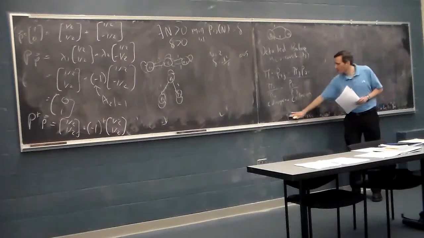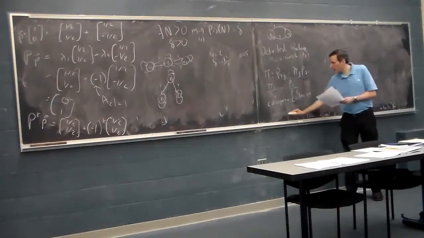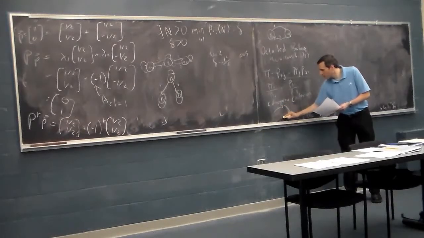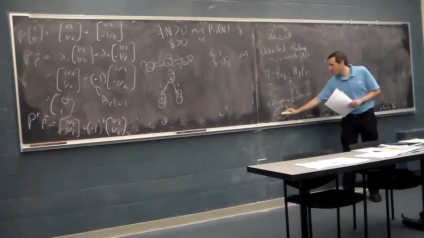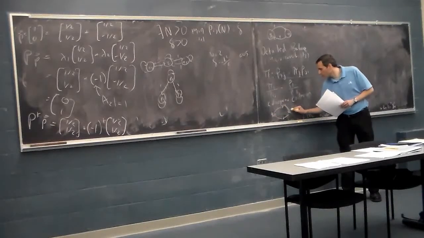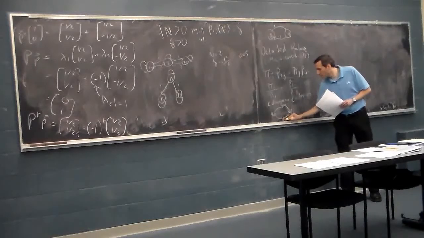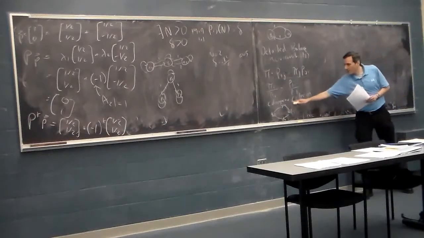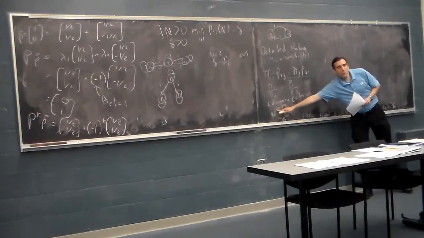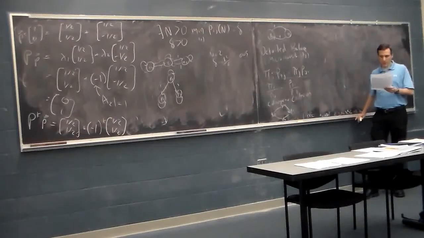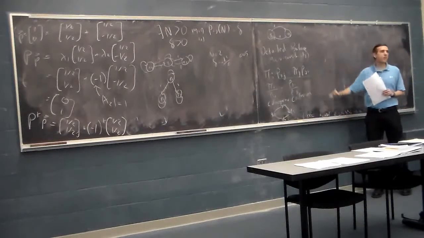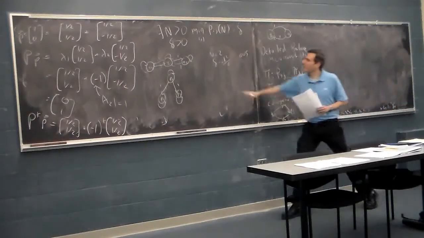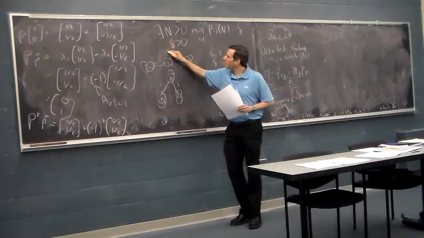And the Kolmogorov criterion simply says that if we take any cycle in the graph, so let's say some sequence of directed transitions that start in some state Q1, Q2, Q3, and so forth, up to some Qk, and then back to Q1. The Kolmogorov criterion says if for any cycle, the product of probabilities going one way around the cycle is equal to the product of probabilities going the other way, then we're guaranteed that our model has detailed balance. So in other words, if we were to take, let's say, this model here, I'll just put the probabilities here,